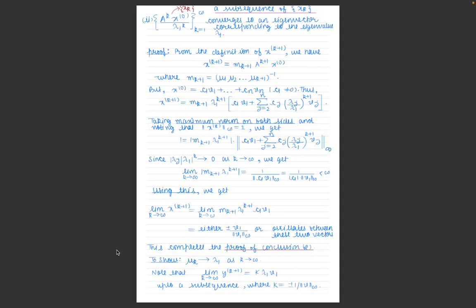Then as k goes to infinity, we get the norm of c1 v1 infinity in the denominator, and because c1 is a non-zero scalar I can actually pull it out, and we get this, and this is obviously less than infinity, right? So using this we get